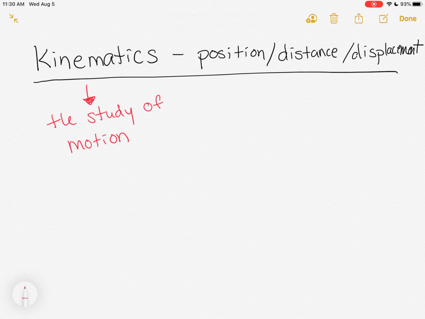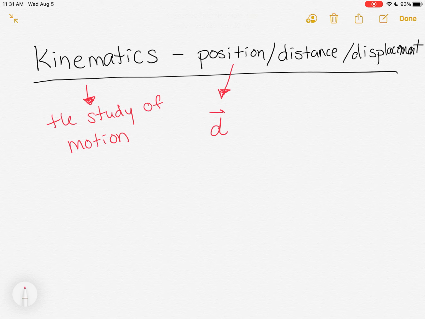Okay, so we're going to start with position. And so the symbol for position is actually a lowercase d, and it's got a little arrow over top of it. We're going to talk about that little arrow in a few minutes. But so this symbol for position is a lowercase d with that little arrow over top. Now, so position